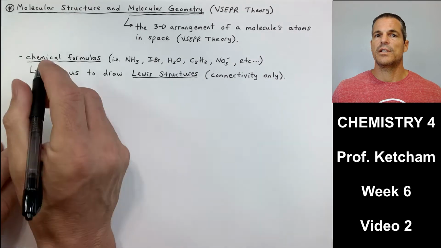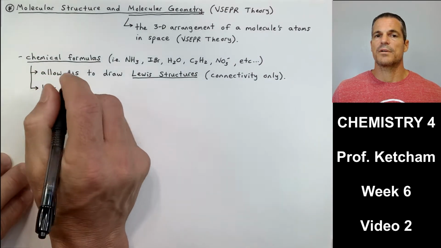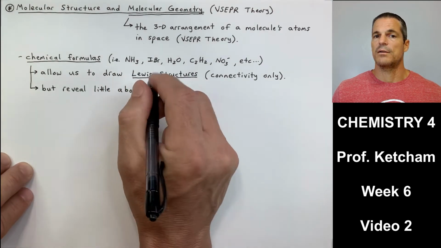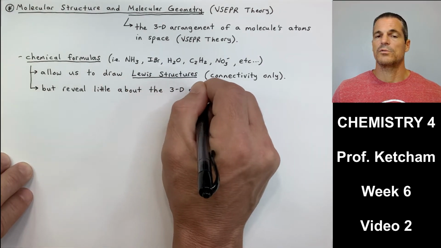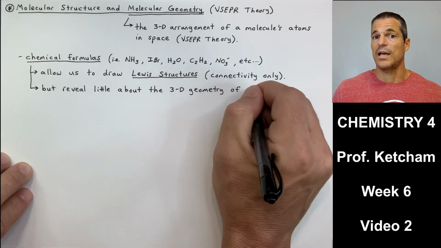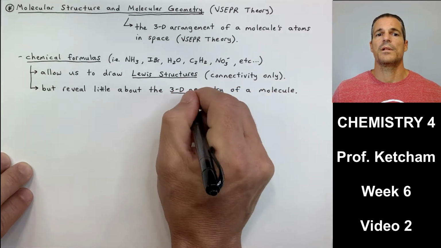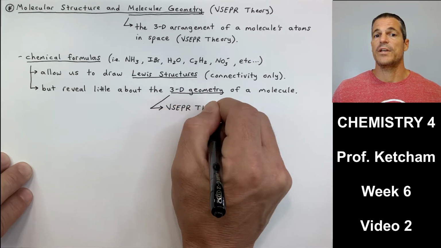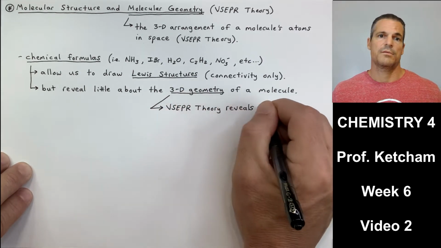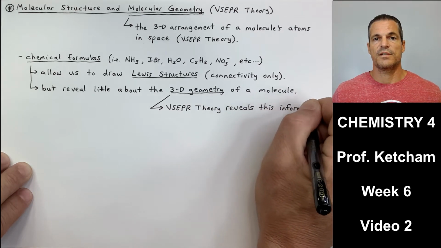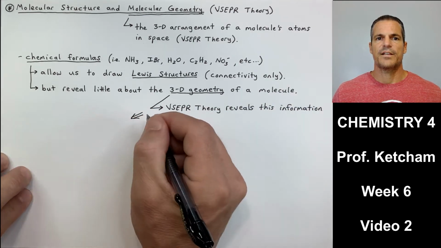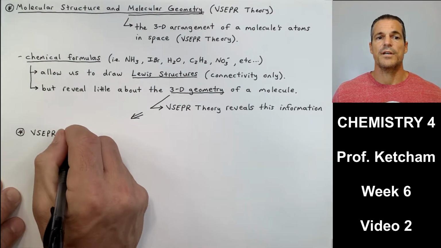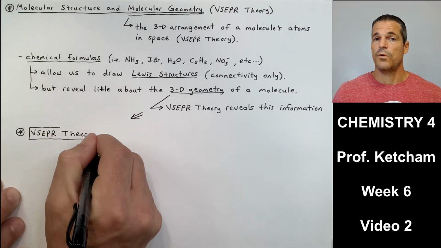But Lewis structures are limited in that they really only show us the proper connectivity. They show us how the atoms are connected, where the lone pairs are. They don't show us how the molecules really look in 3 dimensions in real life. So chemical formulas and even Lewis structures to a certain extent reveal little about the 3D geometry of a molecule. VSEPR theory reveals this information. Okay, so VSEPR theory, what is this? VSEPR theory stands for